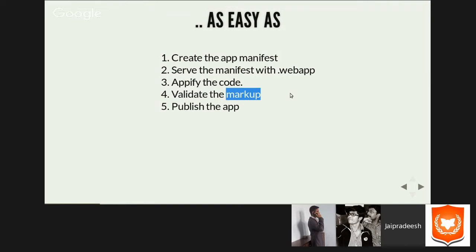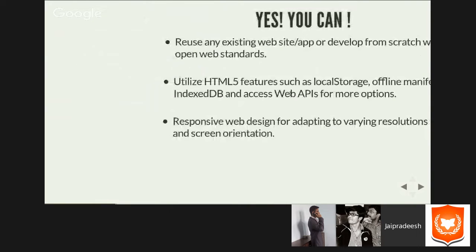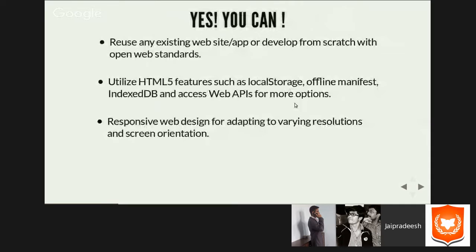All right. So the benefits of developing web applications: you will not be developing apps in any other language like Java or C++ or C#. This is just HTML, CSS, and JavaScript. That is it. The OS is web-based, think web. The benefit of this is you can reuse any website. If you already have a website or a web blog, you can easily wrap that, embed the manifest, zip it, and push it. That is it. And you can use features of the browser like local storage, offline manifest, IndexedDB for local storing,